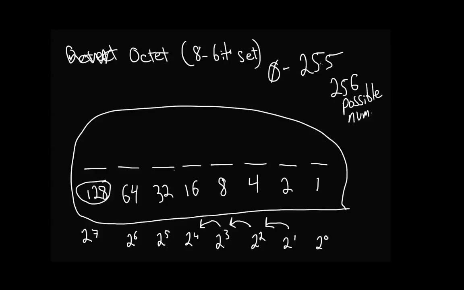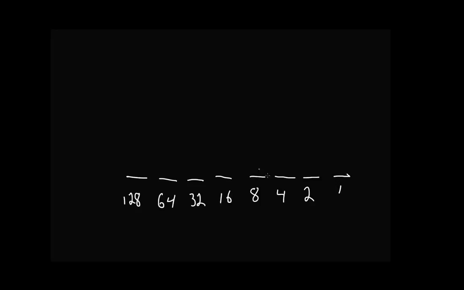Let's read some more binary, and I'm going to erase this and start over so it's a little bit cleaner. So let's make our 8 bits again: 1, 2, 3, 4, 5, 6, 7, and 8. And they are again 1, 2, 4, 8, 16, 32, 64, and 128. Very cool. All right. And so if we're given the byte